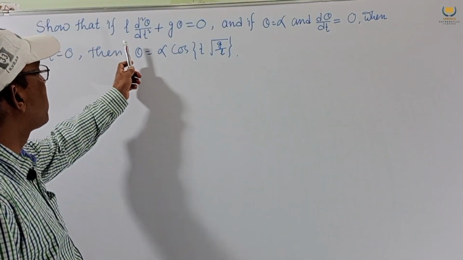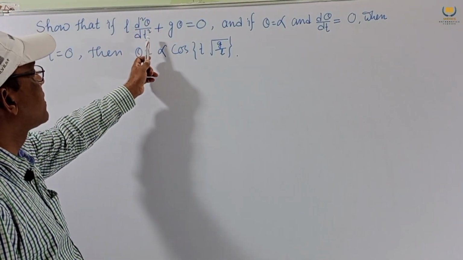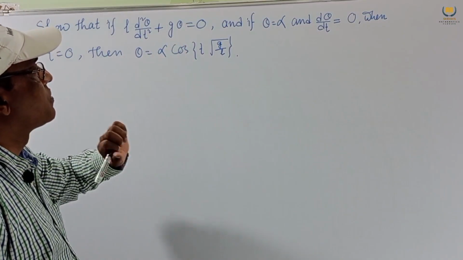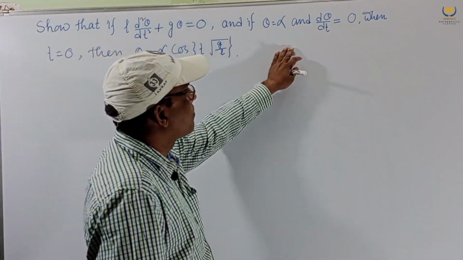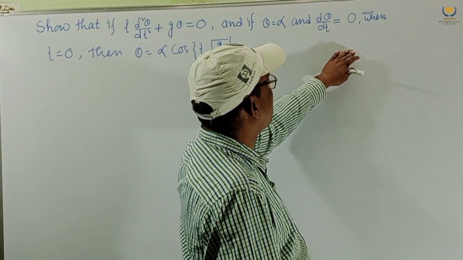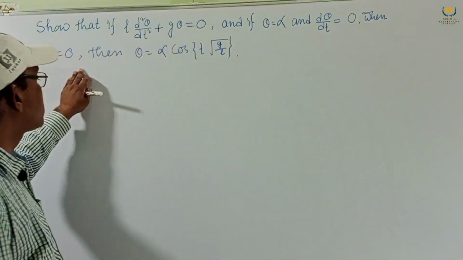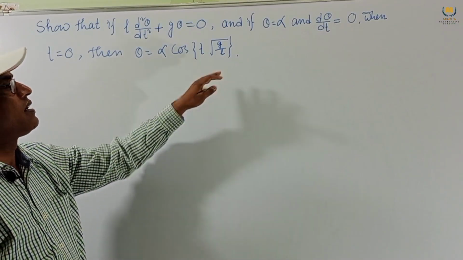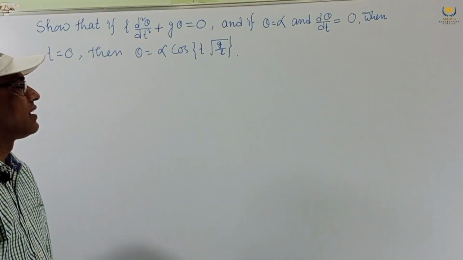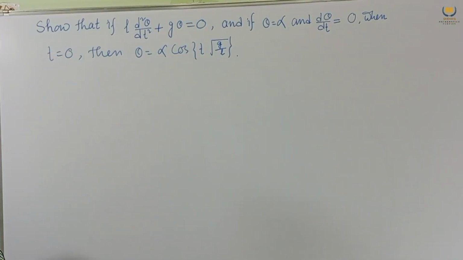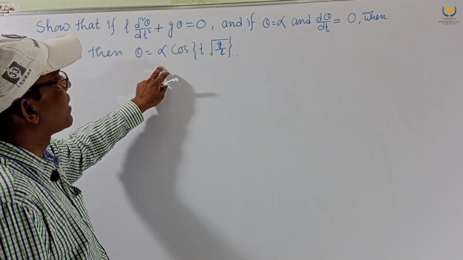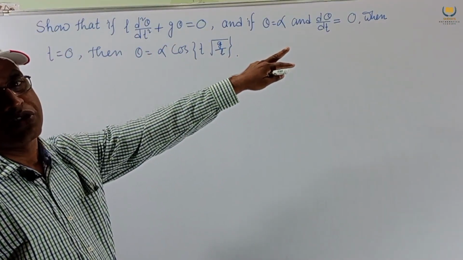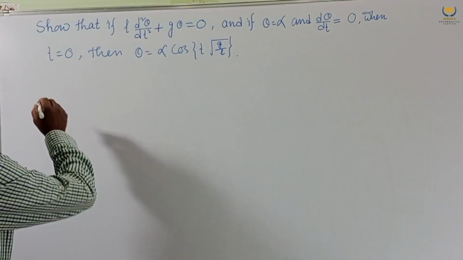Show that if L d square theta dt square plus g theta equal to 0, and if theta equal to alpha and d theta dt equal to 0 when t equal to 0, then theta equal to alpha cos t root over g by L. This is our problem. So this is our equation. We have to show theta equal to this. Some particular conditions are given. Now the solution is that